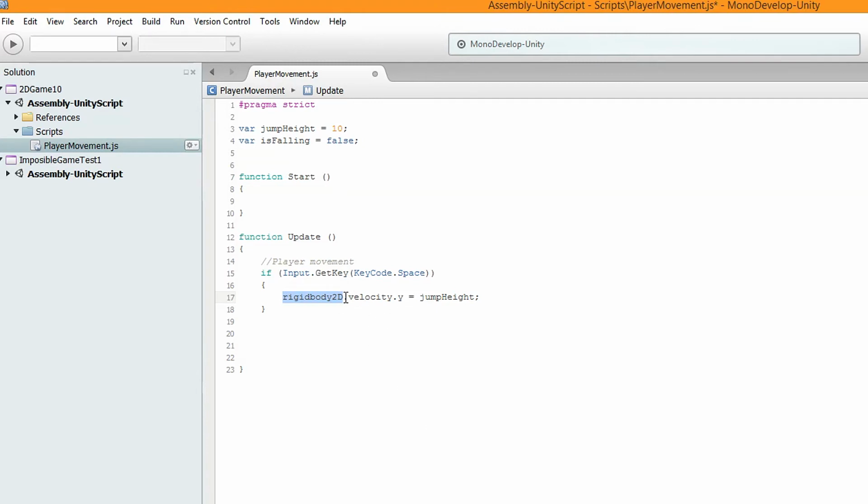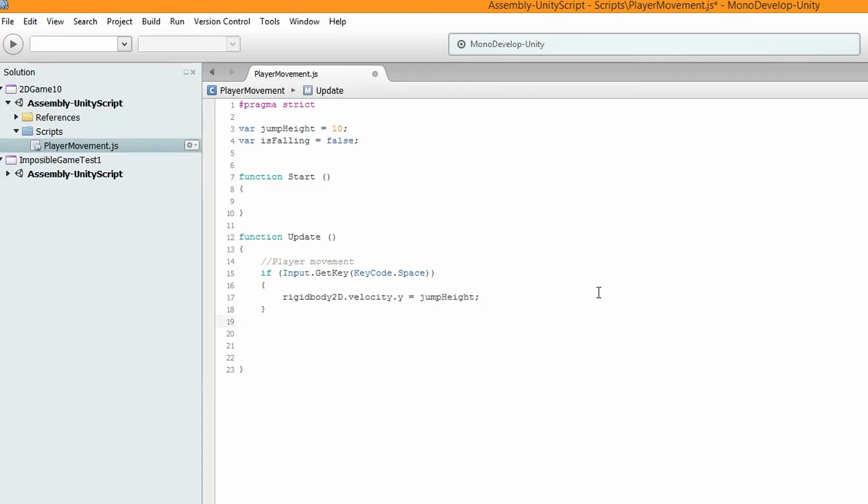We are saying get the rigid body. So we're saying, take the rigid body and give it a velocity on the y-axis of 10, because jump height is 10. So we're saying get the rigid body, apply a velocity to it on the y-axis and give it the value of jump height, which equals 10.